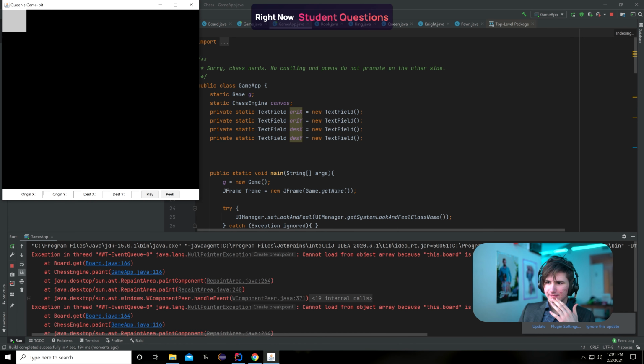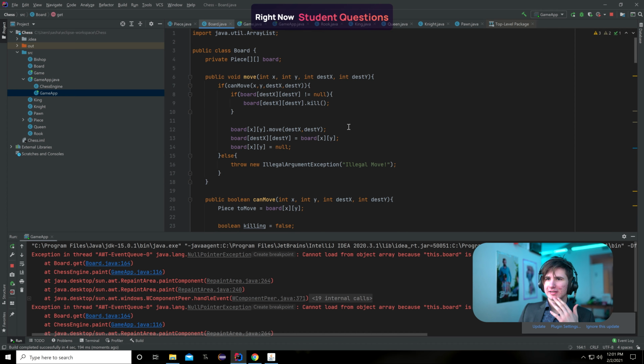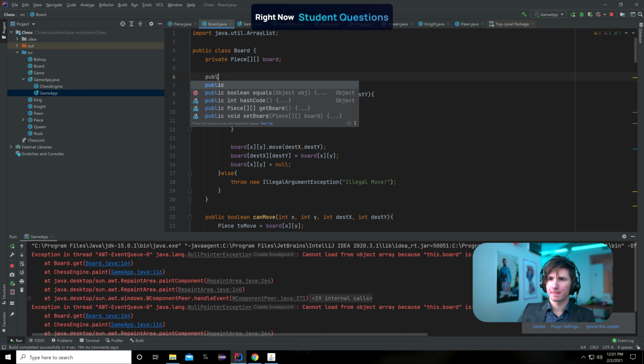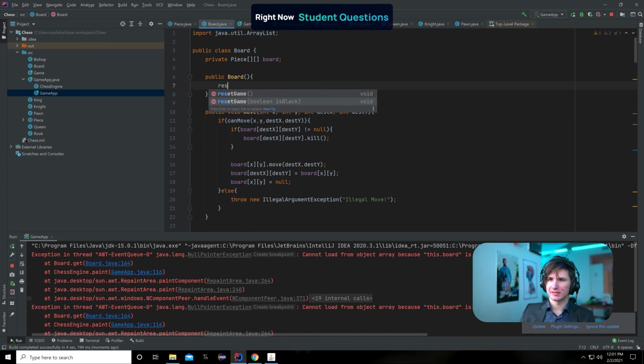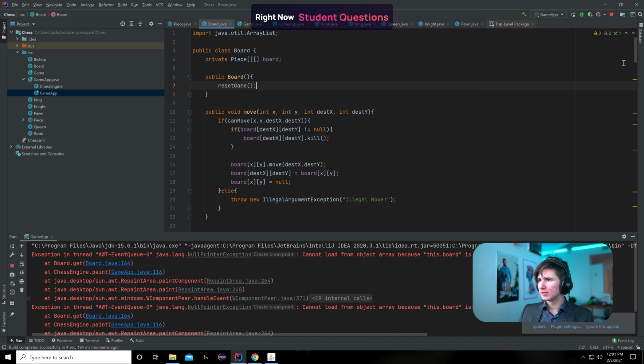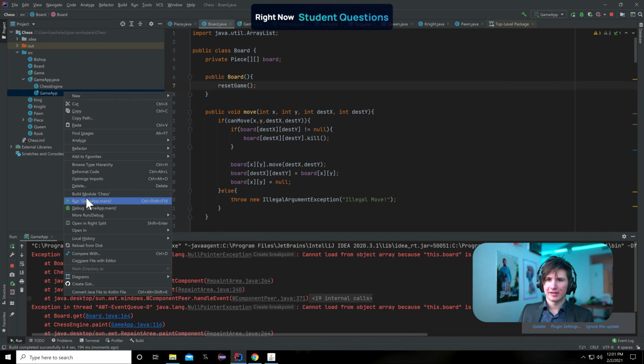Oh, what is it not liking? Oh, did I forget the constructor? I forgot the constructor in Board. Silly me. Let me fix that. Public Board. What does it do? It resets the game. That's all it needs to do. The Board constructor just needs to make the board work. Sorry about that. I forgot the constructor. Very silly mistake. But now if I run GameApp,